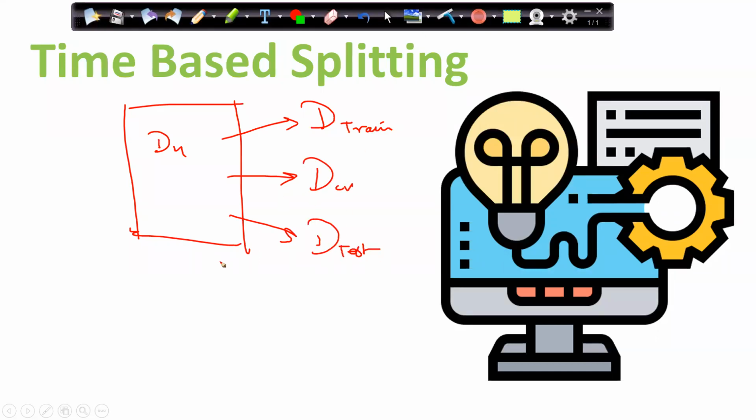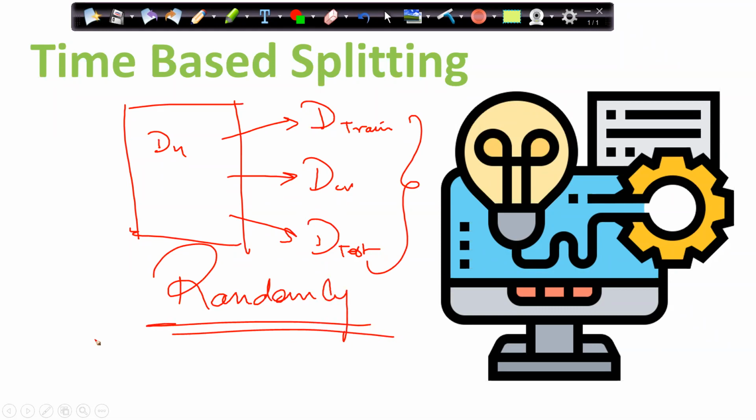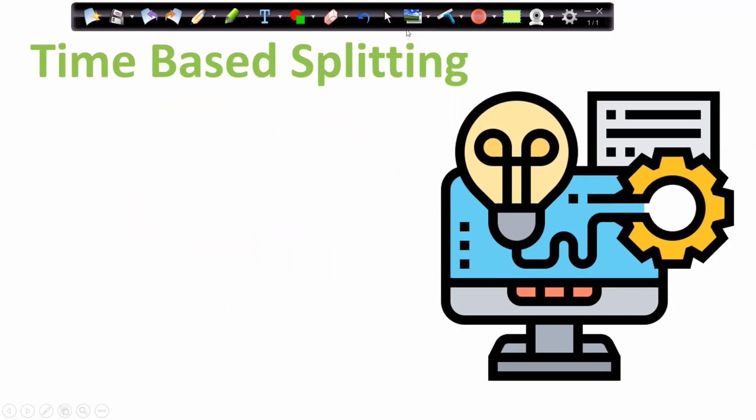This splitting happened randomly, right? The split happened randomly, which is okay. There is no problem with that. But let's discuss one scenario.